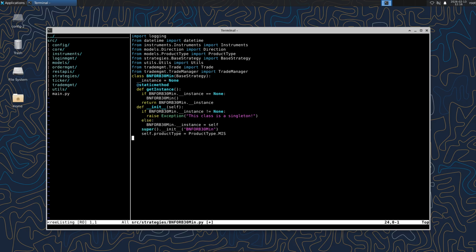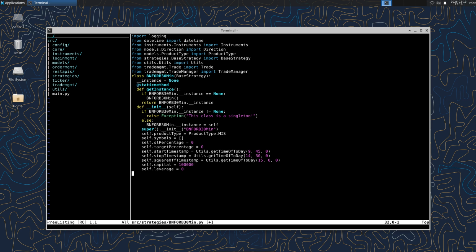It sets the product type to intraday MIS, an empty symbol list. It resolves Bank Nifty dynamically, stop/start/square off times using utils to get time of today, capital, and sizing fields, max trades per day, and other flags that tell the engine this is an FNO future strategy. The process method is the runtime entry. It restricts